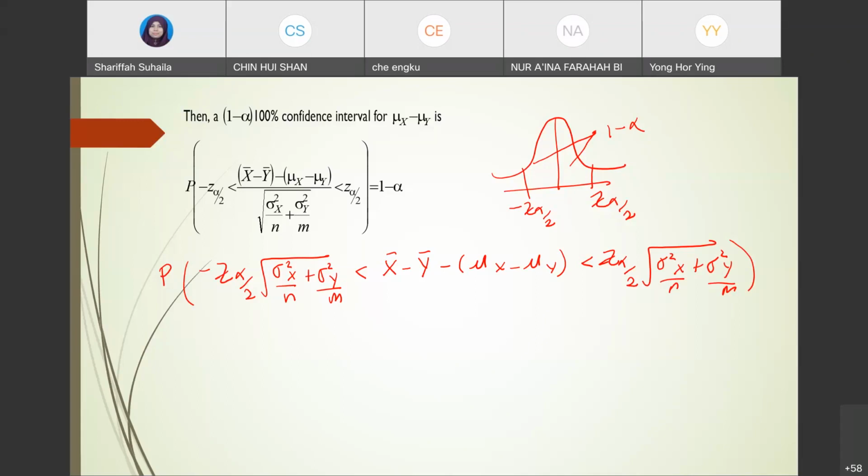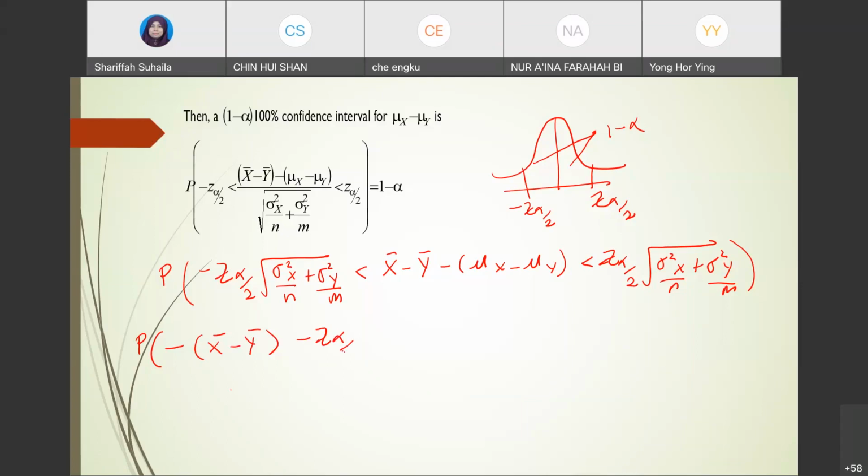Kita nak estimate adalah the difference between two population means. So you bring on your left side lah. So kita ada this way, so probability. So that means you will bring